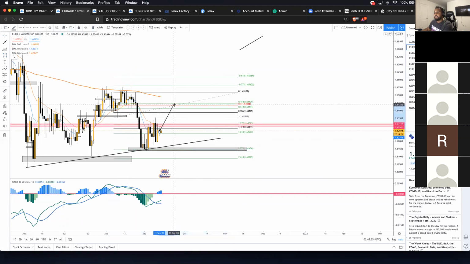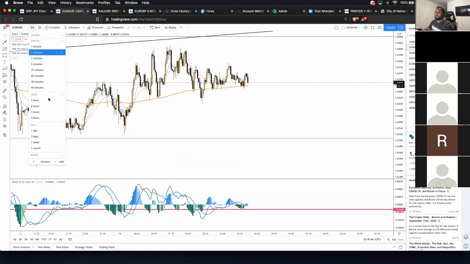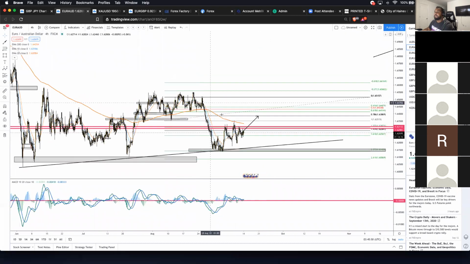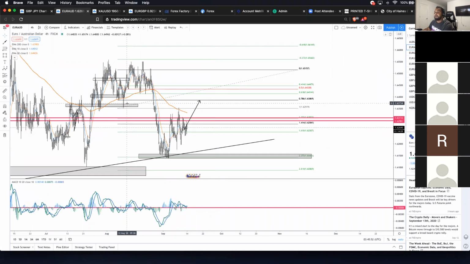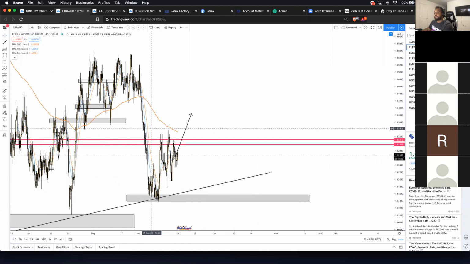So even if we were to ride it to the 50% or the 0.618 or the 100%, this is looking like a good trade. For me, I like to sell better. The reason I like to sell better is if we forget about the fact that that was the last move up, and we follow our rule of measuring the last move up